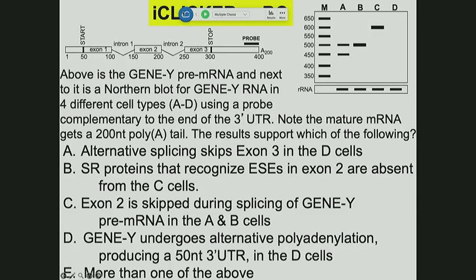No, because that part that the probe binds to would have gotten chopped off. It would no longer be part of this alternatively polyadenylated messenger RNA. We go to D, we see no messenger RNA in the D cells, and that's exactly what would happen if we cleaved and polyadenylated and didn't include the entire 3' UTR, which is where our probe needs to base pair to. Question? So are there 200 adenosines after the probe, or is